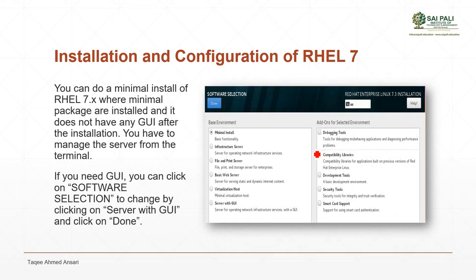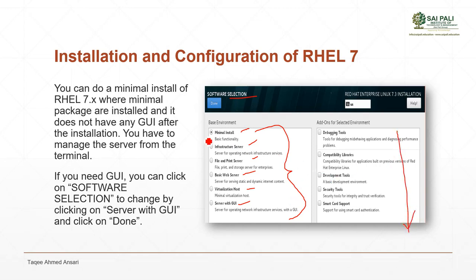Then the next option is to select the software. So software selection, here what we have: minimal infrastructure, file printing, web server, virtualization host, and server with GUI. Now the same options we have seen on the TUI based installation, but I have said that there is some extra option available in that graphical, and this is this one.